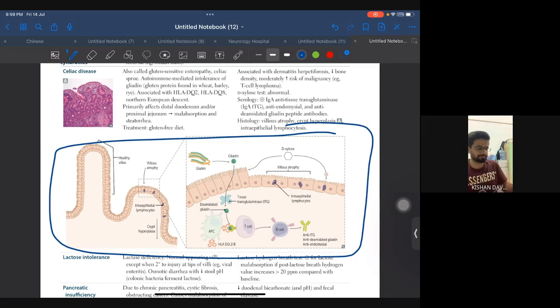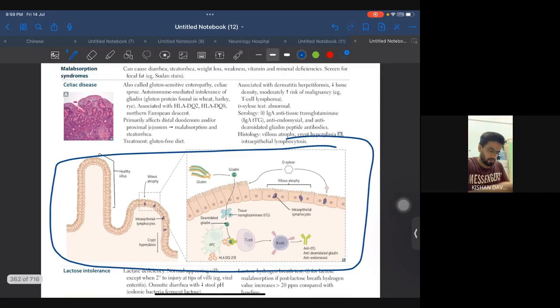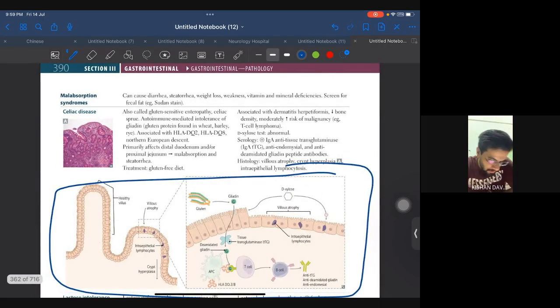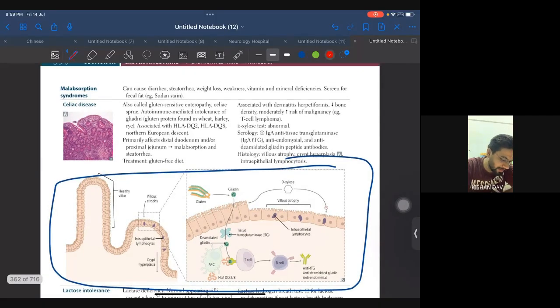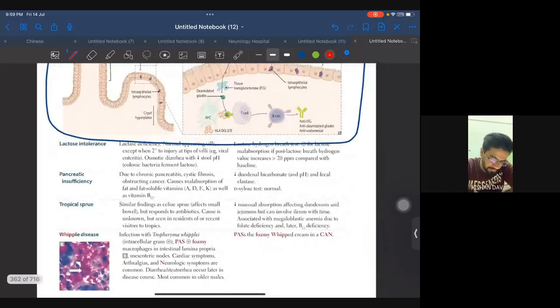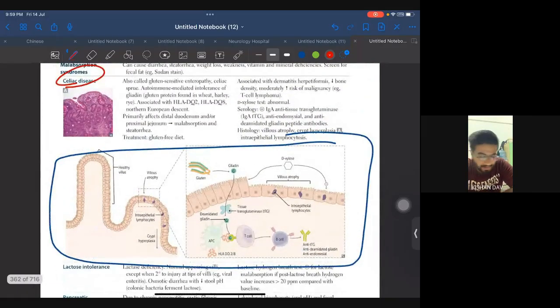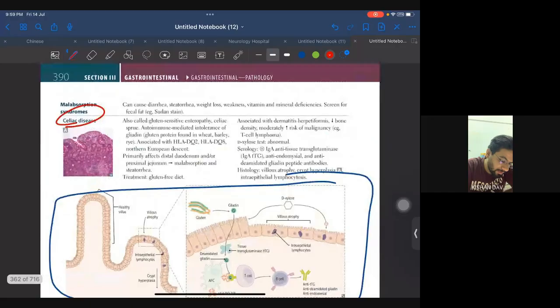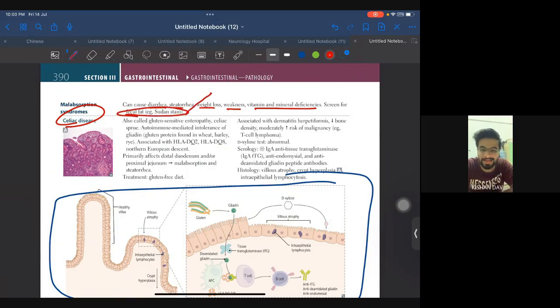All right, let's continue. Malabsorption syndrome, and in malabsorption syndrome, the most commonly asked is celiac disease. The rest they never ask. Celiac disease is very important. Let's write down what is important over here. It can cause diarrhea, steatorrhea, weight loss, weakness, vitamin and mineral deficiency. Screen for fecal fat, so Sudan stain screening is very important. In the question, if they give you the diagnosis of celiac disease, they might mention that the fat was